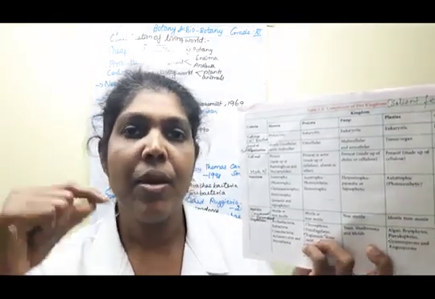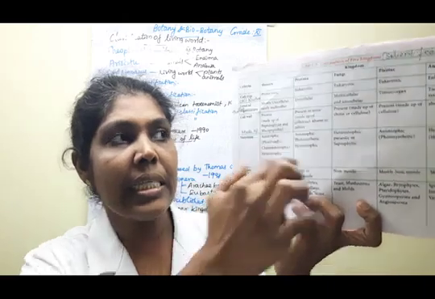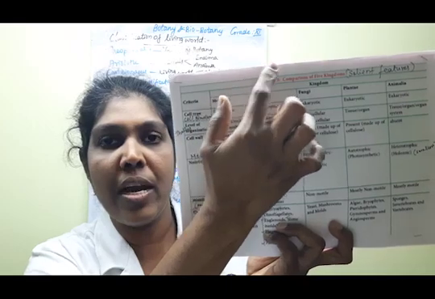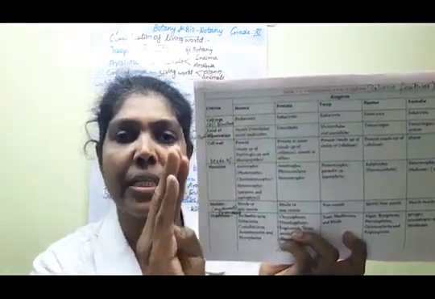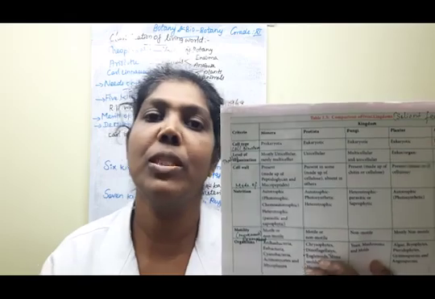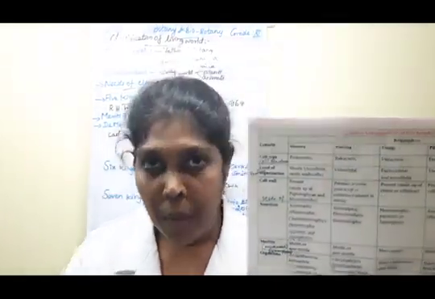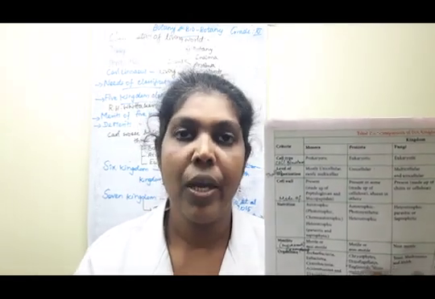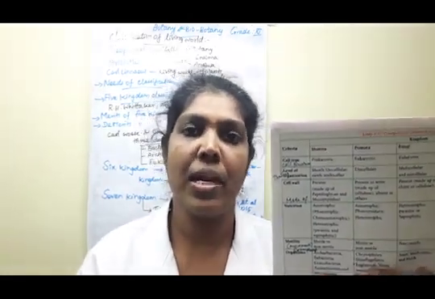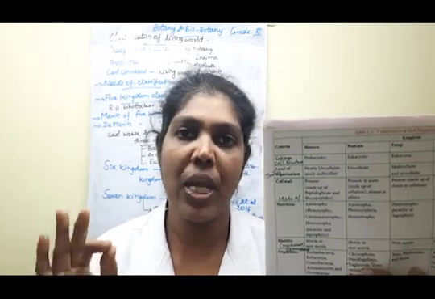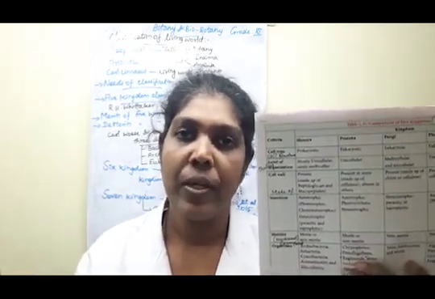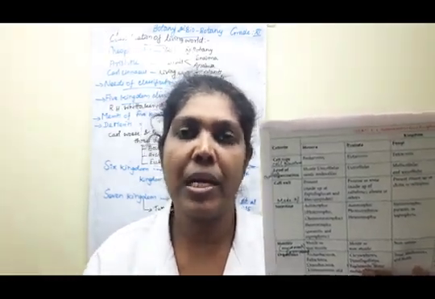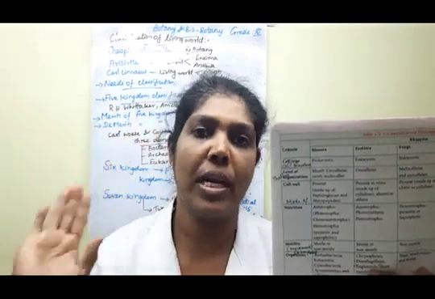Understood children? Then finally they give each kingdom. The kingdoms you know: first one Monera, Protista, Fungi. Very good. Don't forget these names, very important. Sometimes they will ask a 2-mark question: what are the kingdoms that come under the 5 kingdom system of classification? You must write this as the answer: Monera, Protista, Fungi, Plantae, Animalia. Clear children? Yes, good. All of you keep it in your mind, children. You should thoroughly learn these 5 names.